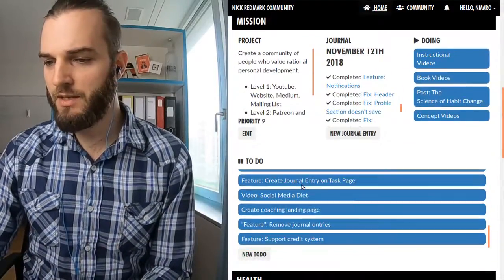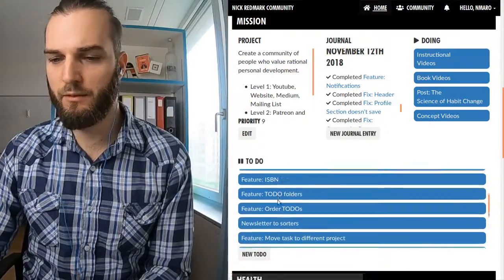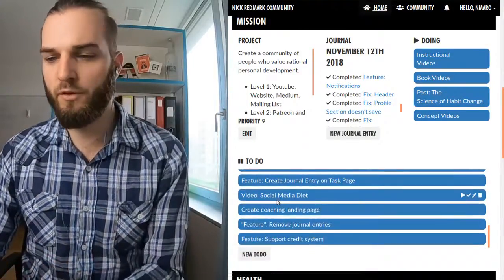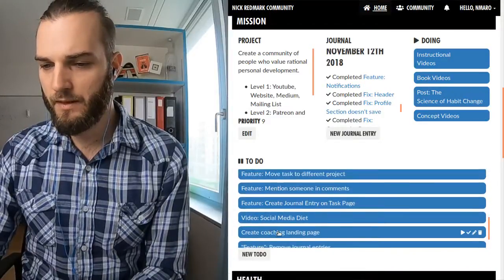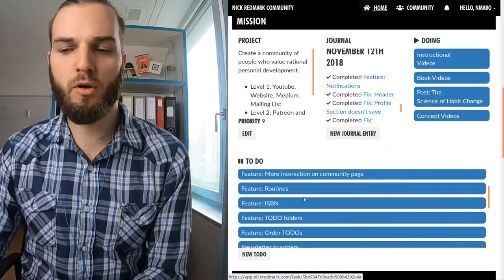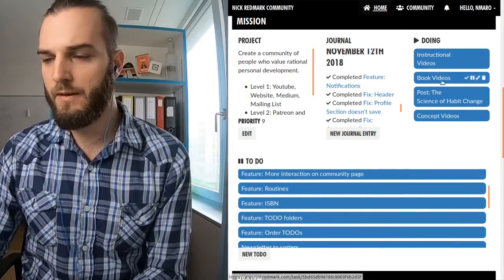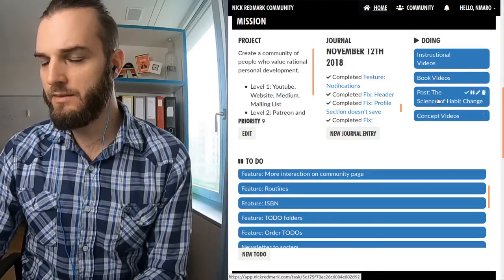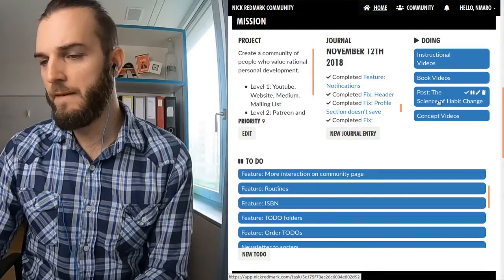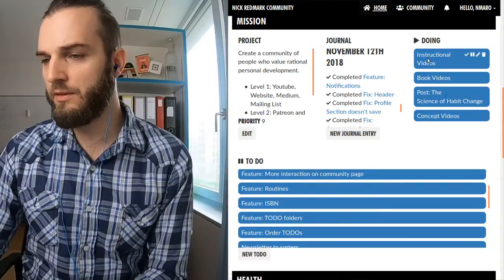Then regarding my mission, in my to-dos I have different kinds of features that I want to program for the app. I also have lists of blog posts and videos that I want to create. This is all here in the to-do, in the backlog. And then here are the things that I do regularly, or that I have to do once and then they're done. For example, instructional videos